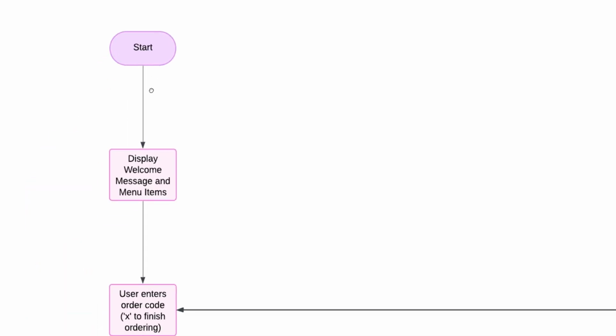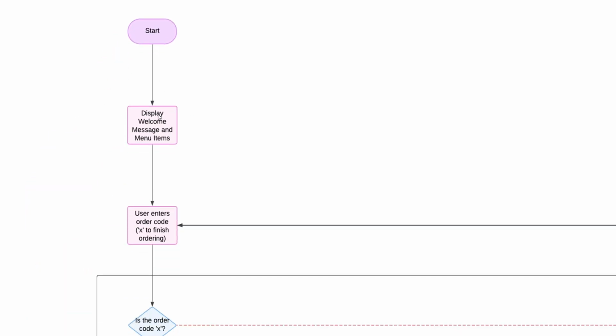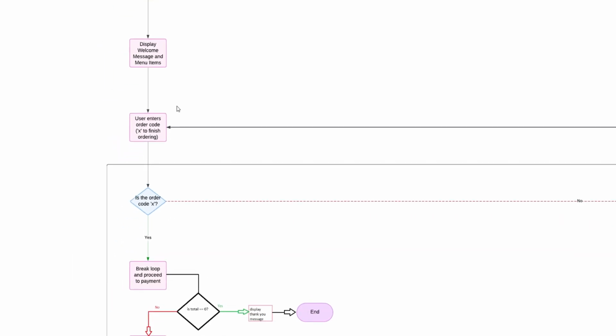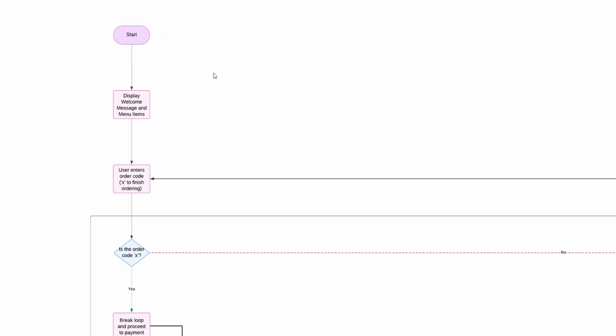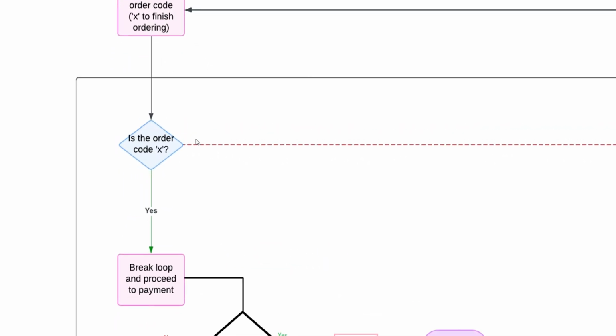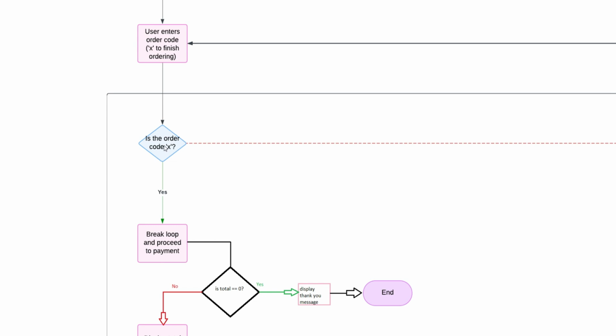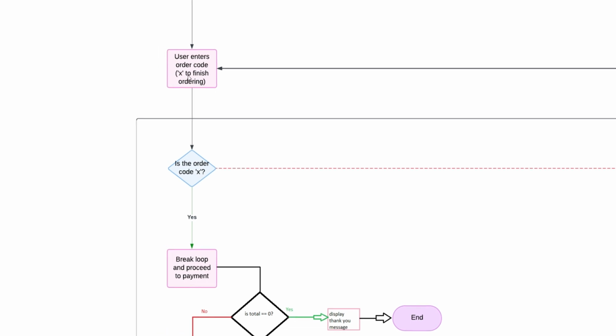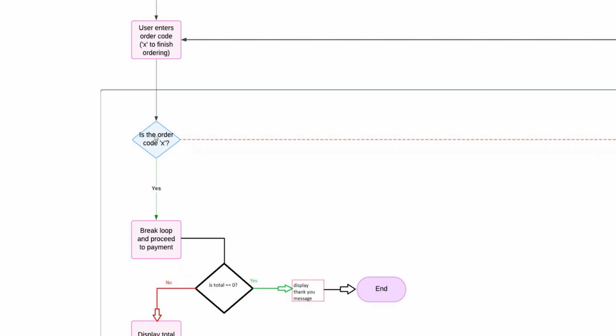Today I'll be explaining our code flowchart. For the start, the user will be greeted with a welcome message and menu items, and then the user enters an order code, assuming it's one of the characters or letters from the menu. They will be greeted with a condition: is the order code X, assuming that X is to finish ordering. So if the order code is not X, then